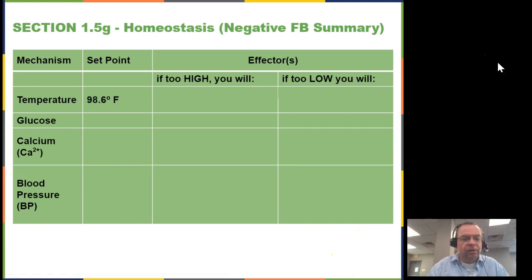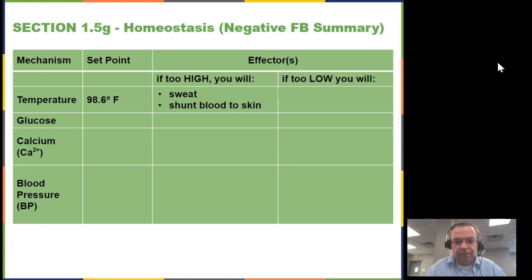The set point for normal body temperature is 98.6 Fahrenheit, and again, there is a normal range. You can be a little lower, a little higher, but for our purposes, let's go with a set point of 98.6 degrees Fahrenheit. If your temperature raises too high, two things will kick in. You will start to sweat, so your sweat glands will be prompted to produce sweat. And secondly, you will shunt blood to your skin, thereby being able to lose some body heat via convection, conduction,